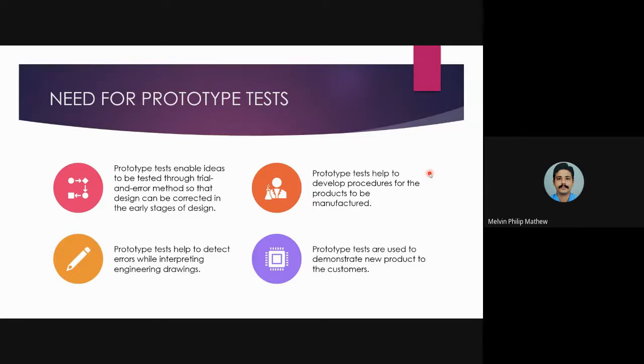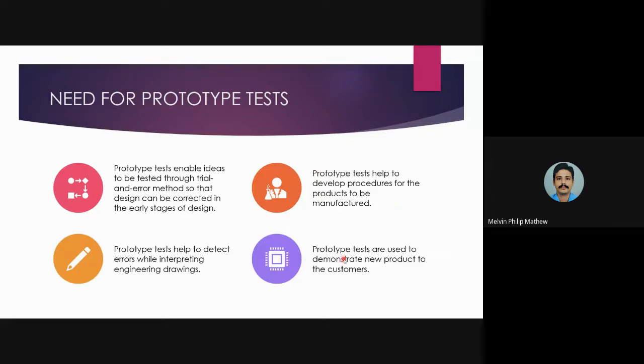A consumer requires that product at a specific time, and to meet that time, we study how fast we can build the product and distribute it to the market. Each time a prototype is made, we study the methods by which it is made, and another department, or an industrial engineer, determines which methods should be used for faster production of the prototype or the product. That is another need for the prototype test.